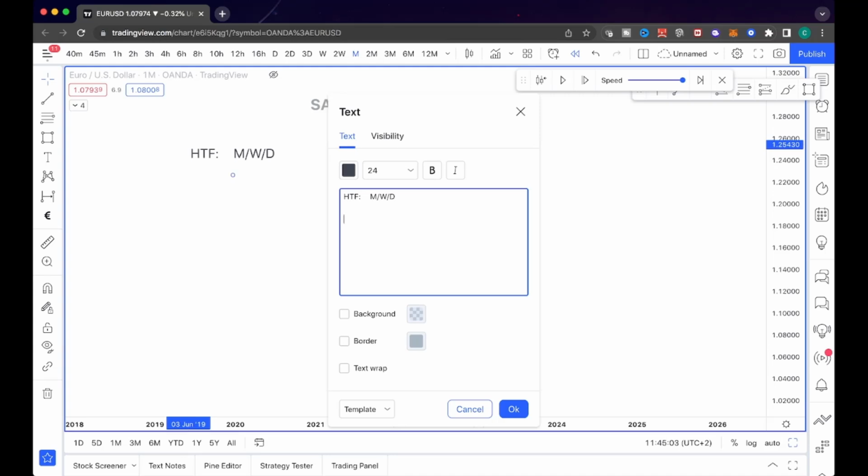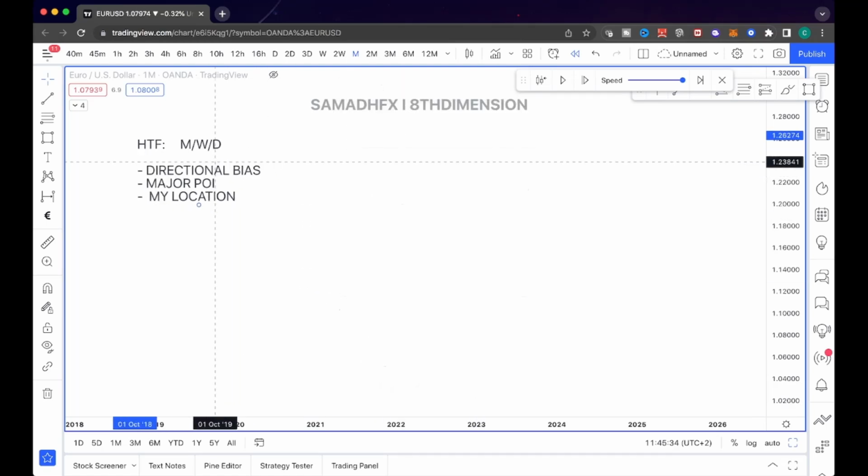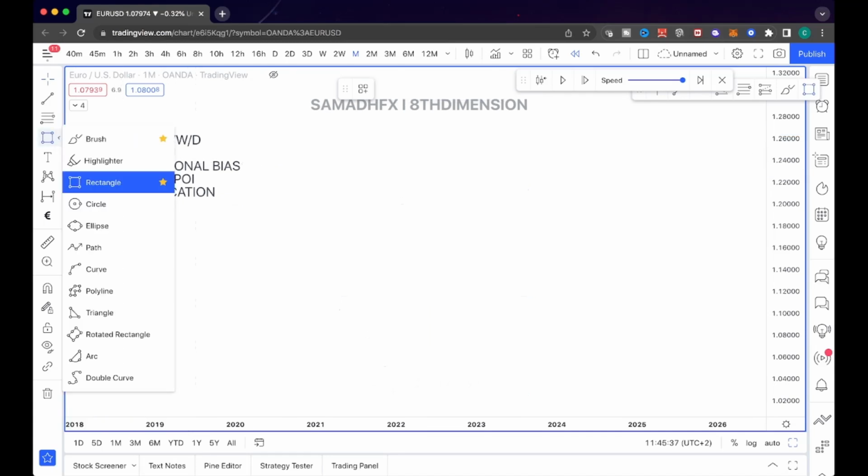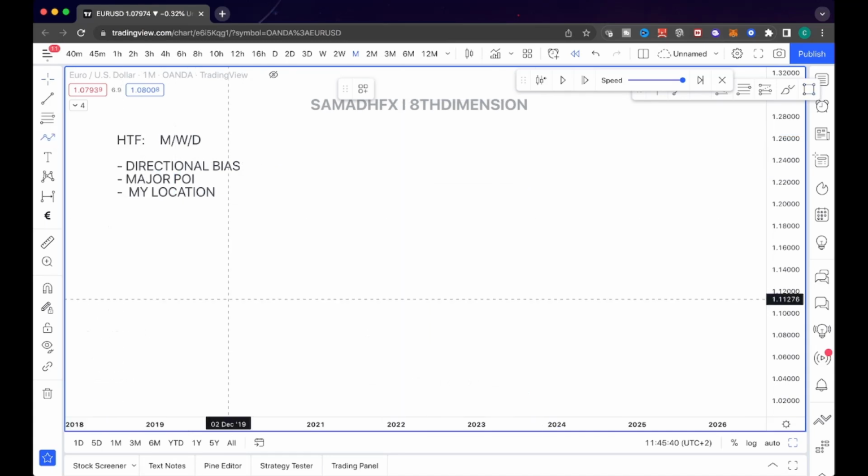And on a higher time frame, I would like to check the overall direction, basically the directional bias, and measure POI. I call higher time frame my Google Maps because I need to understand my location. And let me explain you this assumption. Okay, basically when I say I need to understand my location is because